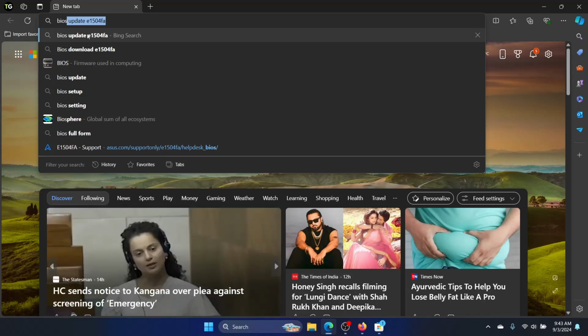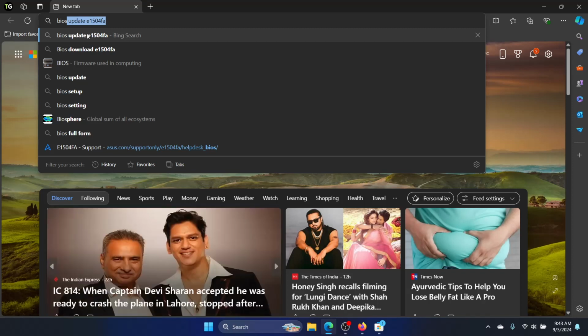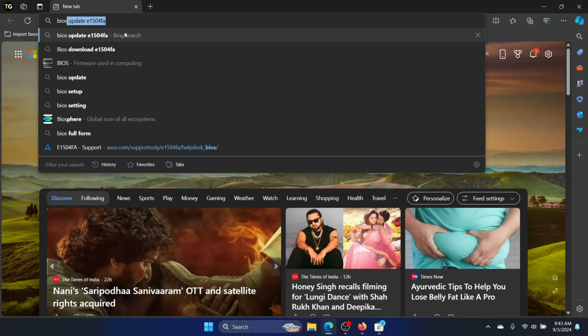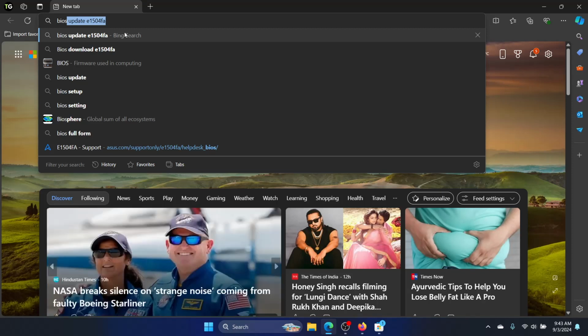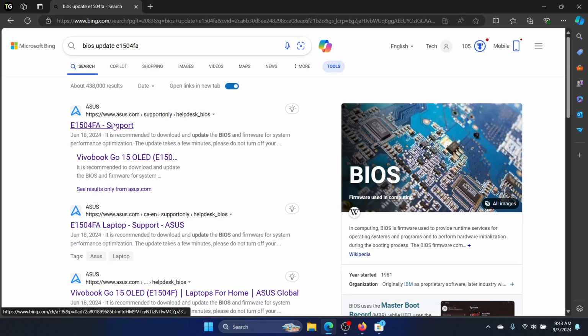Now you'll find the model number, if you're using a laptop, at the bottom of the laptop, or if you're using a desktop, somewhere on the body or on any accessory. So I'm using a laptop, E1504FA. I've looked for the number at the bottom of the laptop and I will click search. Then I will go to the